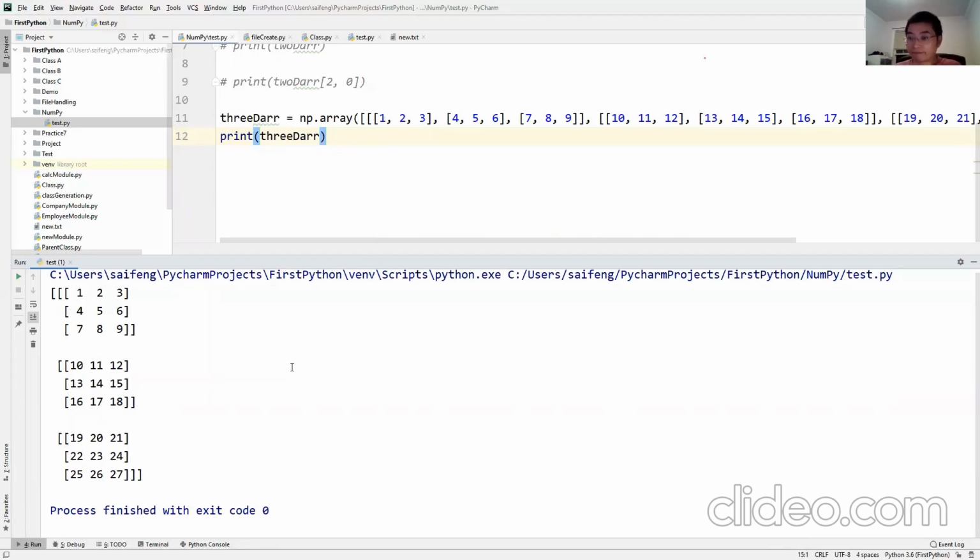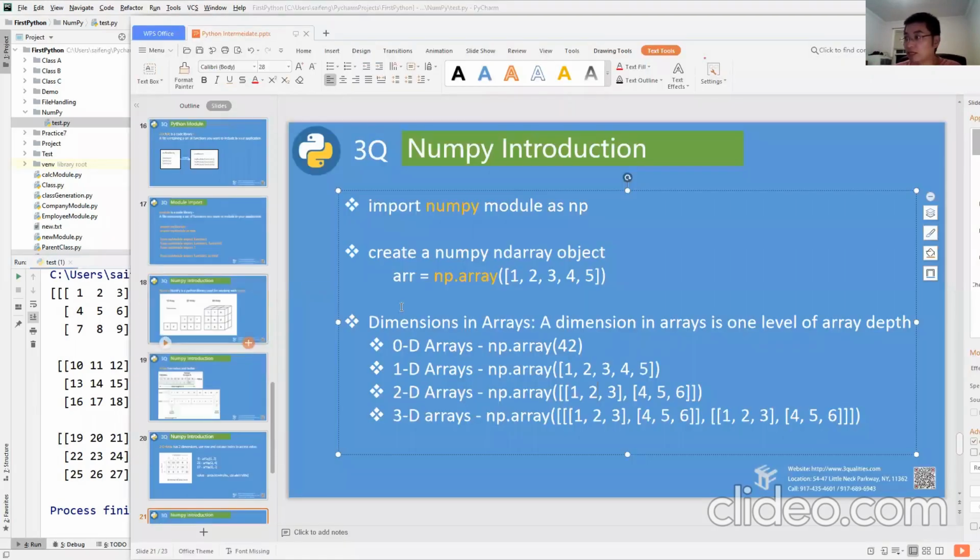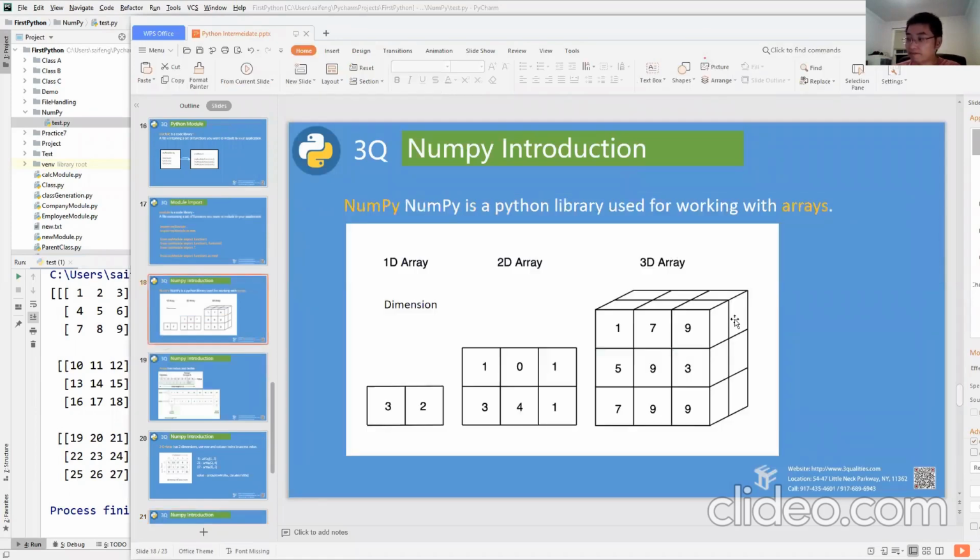Because it's the console, it can only print out a 2D layout. If you have a 3D image, you will understand the data looks like this: X, Y, Z, 3 dimensions.